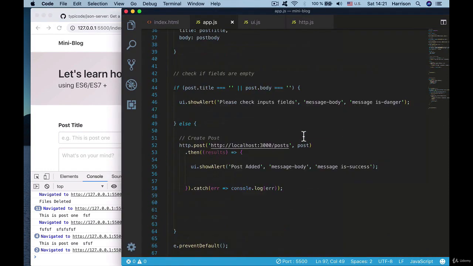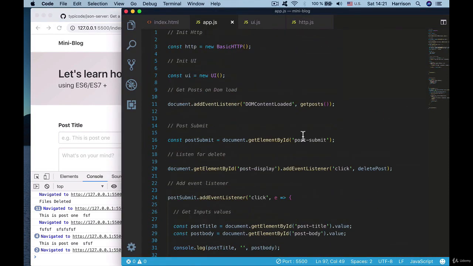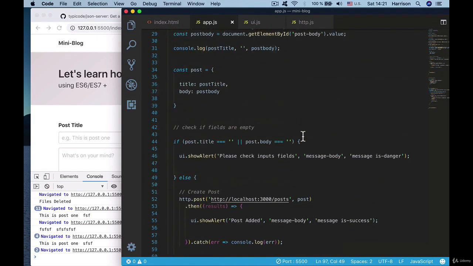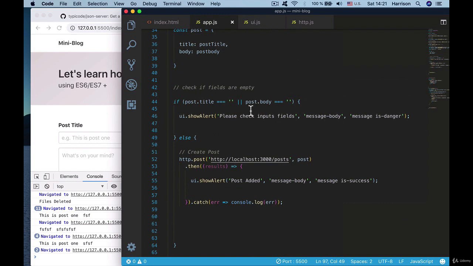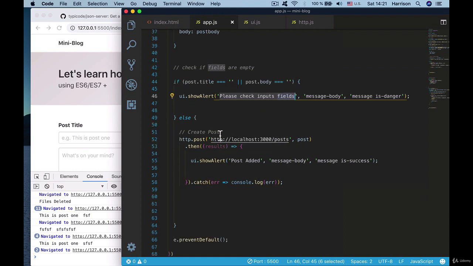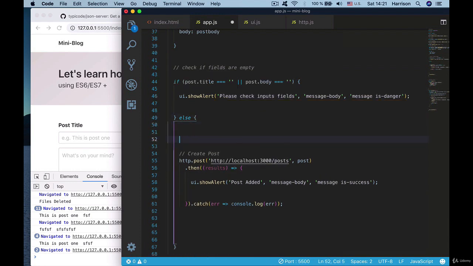To do that, I'll be a little bit faster compared to the others. In here, since we check if the fields are empty, if the fields are empty, we alert the user, please check input fields. Yes, we create a post. But before we create a post, since we want to work with the update,